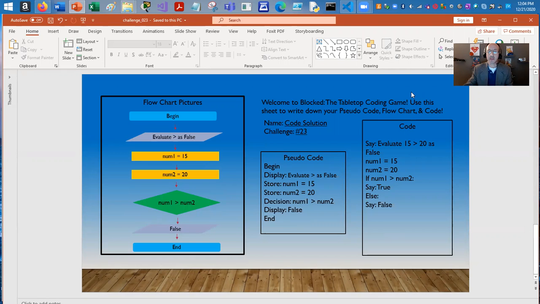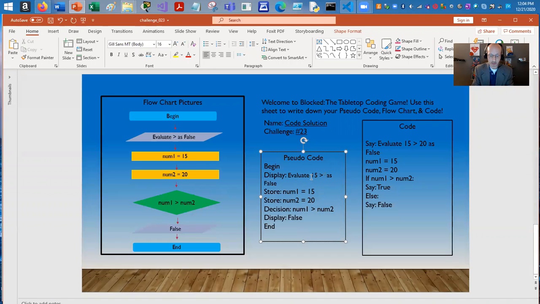So again, the pseudocode is evaluate 15 greater than 20 as false. So we're going to store 15 into the variable num1 and 20 into the variable num2, and then have the computer make the decision if num1 is greater than num2. So in the flow chart here, we're going to use the same icons, and of course the most important and the different one that we've added here is the diamond shaped. Okay, so your students should run this pseudocode first and then create this flow chart second before they get into